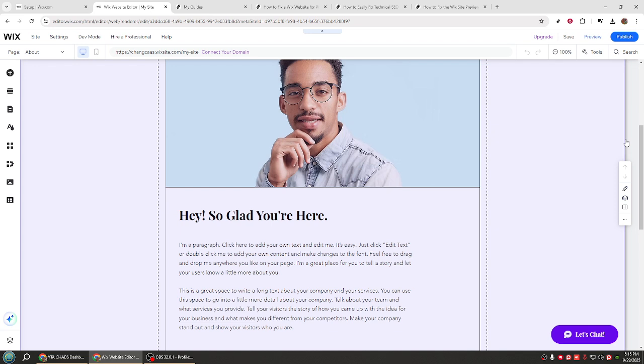Remember, creating a seamless user experience is crucial, and knowing how to troubleshoot these issues will serve you well. And there you have it, a simple way to fix the discrepancy issues between the Wix editor view and your live site. By following these steps, you should now have a more accurate and reliable preview of your website, ensuring your design vision